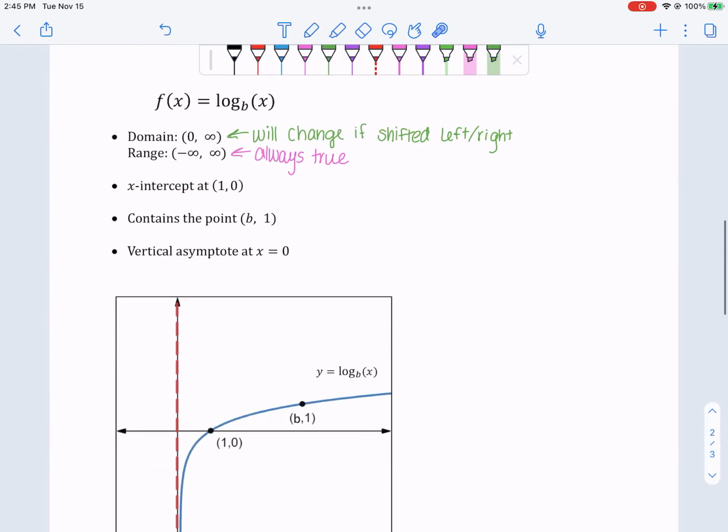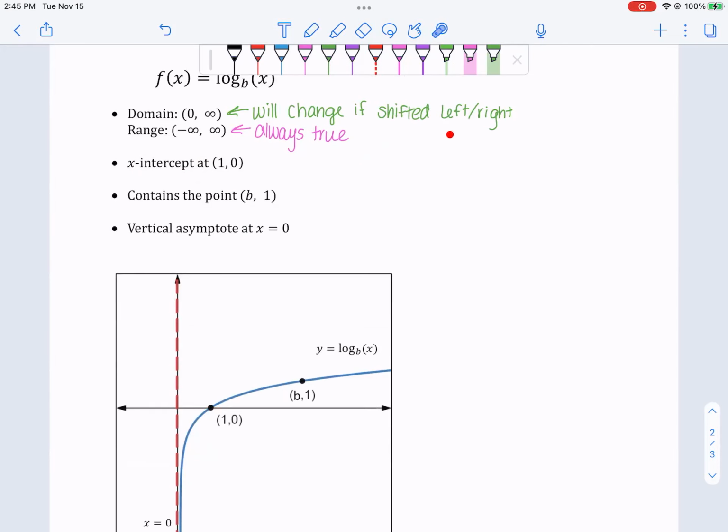The x-intercept is at (1, 0). Again, if you shift it left or right, that's going to change the x-intercept. I'm not going to make a note of that there, but if you shift this thing left or right, it is going to change the x-intercept. But in general, there's an x-intercept at (1, 0). Why? Well, if we think about it,